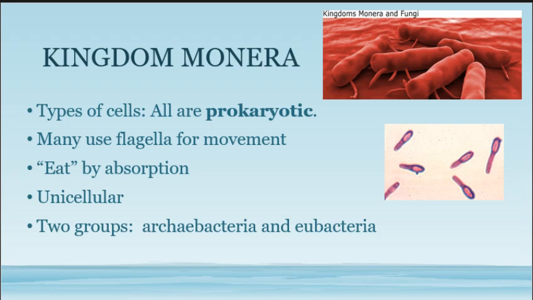They eat by absorption. They come up near their food source and they can actually just absorb the nutrients from it. If they're pathogenic, they invade your cell and absorb your nutrients. They're unicellular. They live as single cells like these guys right here. There are two large groups, well, actually two groups. One large, called the Eubacteria, meaning true bacteria, and the weirdos called the Archaebacteria. They live in very strange locations, like in the caldera of a volcano and in ice and stuff like that.